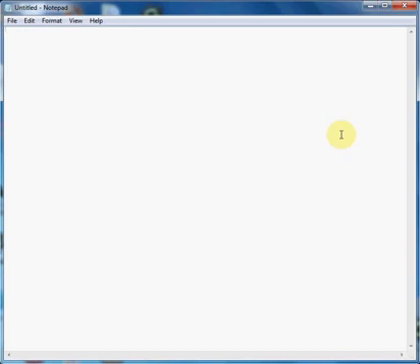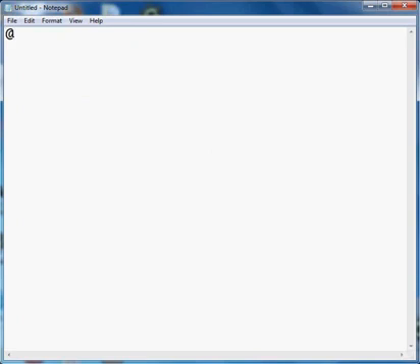Today I have a tutorial on how to program programs in Notepad. So yes, believe it or not, you can do that in Notepad. So yeah, let's get started. Today we're just going to be making a simple Hello World program, and then we'll get on to better stuff as we go on. So what we're going to do is go ahead and just open Notepad, blank file, and